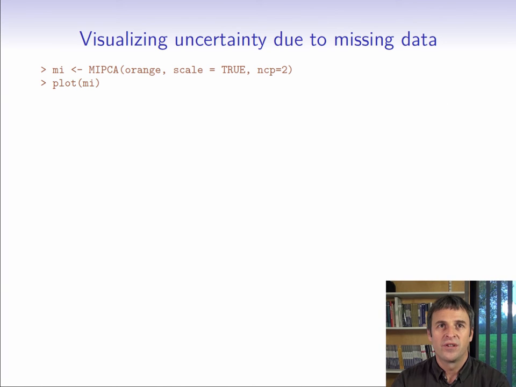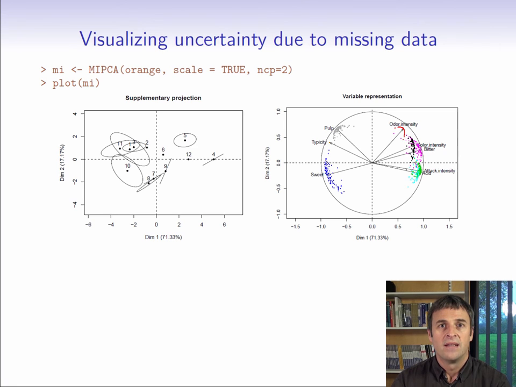The MIPCA function from the missMDA package lets us generate this set of tables, each with different imputed values for each missing data. The plot.mipca function, which can simply be called using plot, then allows us to visualize this variability, that is uncertainty, on the plane defined by the 2 PCA axes. There are 2 ways to visualize this uncertainty. The first consists of projecting as supplementary variables the multiple tables onto the PCA plane obtained using one-time imputation.